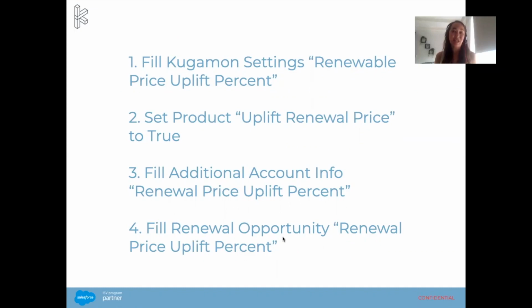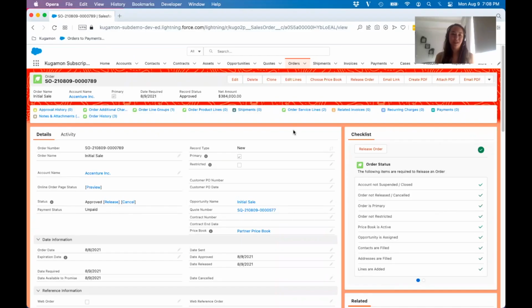Let's also take a look at where this lives within our test environment. So you'll notice that I am back within our test environment and I have the example order open. So what I did, just to save us a bit of time in this demonstration, is I have added those 2 renewable products, SLA Gold and Standard Support, to this example order, just to add a little bit more color